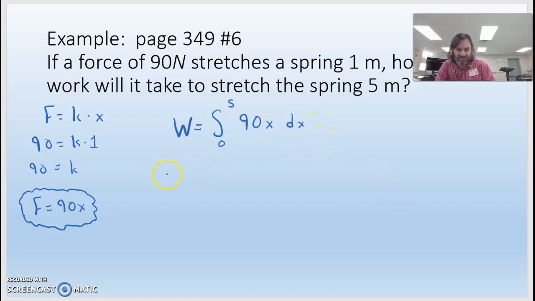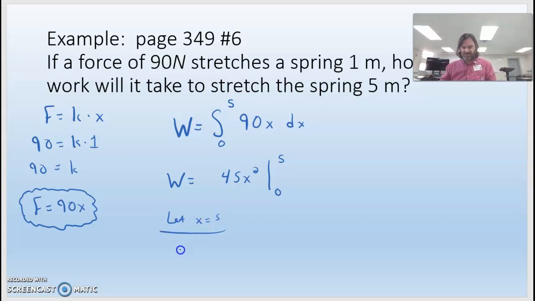Okay, so in this case, the work will be 45x squared. We're just integrating, so the x goes up to x squared, divided by the 2, and we're going to evaluate that from 0 to 5. So then I'm going to let x equal 5. So that'd be 45 times 25, and then we'll let x equal 0, which will be 0. So 45 times 25